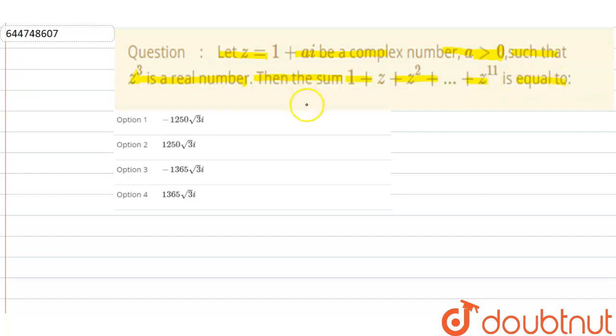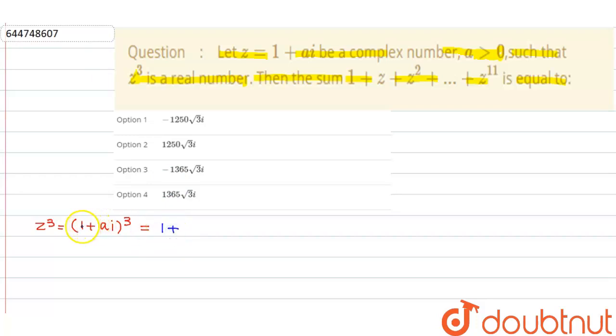Now see this thing. It is saying that z³ is a real number. So we need to find z³. So z³ is equal to (1 + ai)³. If I apply the formula (x + y)³ = x³ + y³ + 3xy(x + y), this becomes